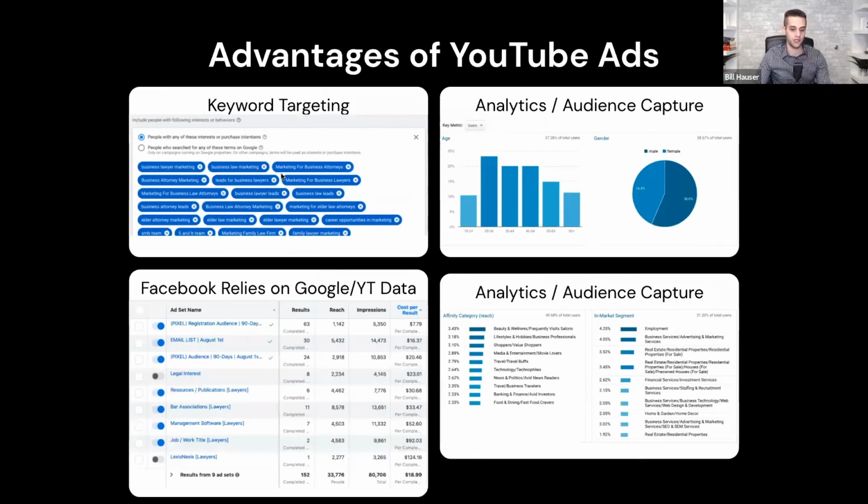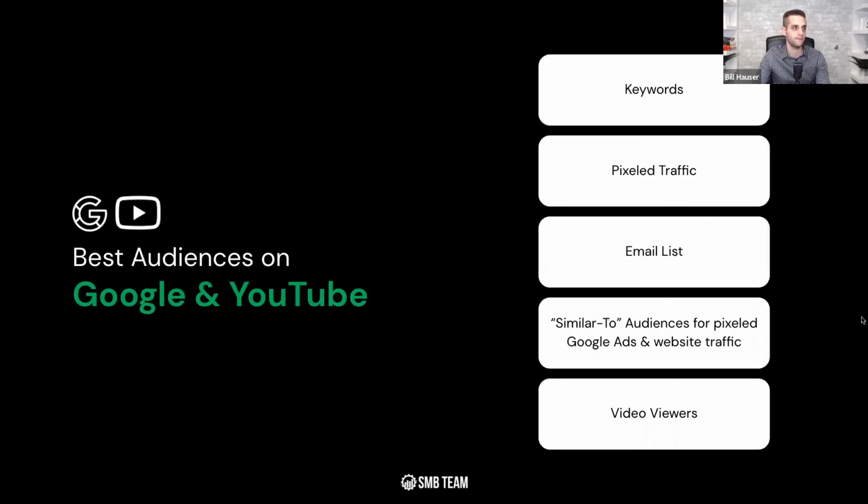Audiences. This is what it looks like when you do your keyword targeting on YouTube ads. This is us uploading a list of the words that we target to market to lawyers. And what's very important is that you are robust in this list. Don't just put like 3 words in, okay? Put 100 words in. YouTube needs a lot of data to serve your ads at mass scale, okay? So this is what it looks like when you do keyword targeting, all right?